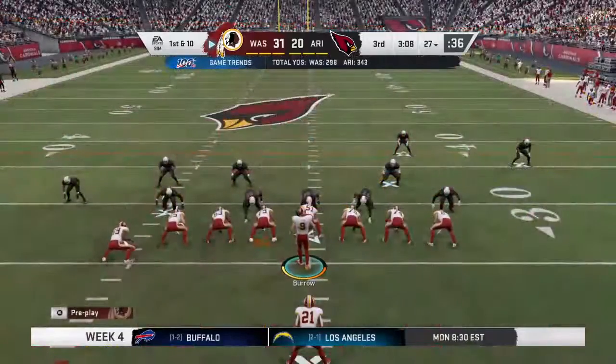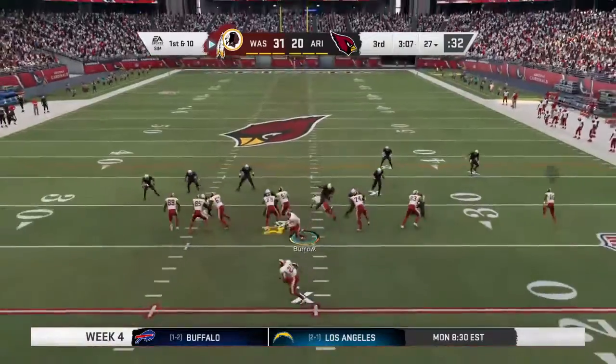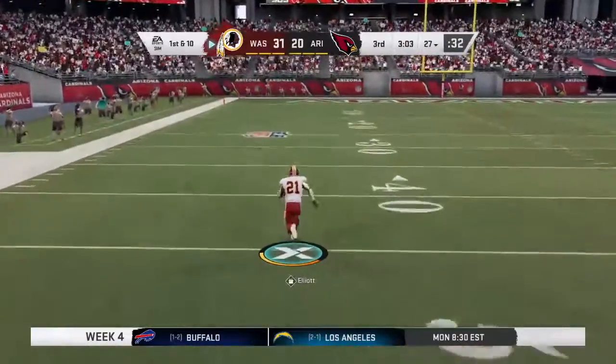A look at Washington as they come onto the field. And they're hoping to redo their efforts in the last drive when they got into the end zone. And just think of what it's like now on the sideline, because when you score a touchdown, you have to go over and look at the...